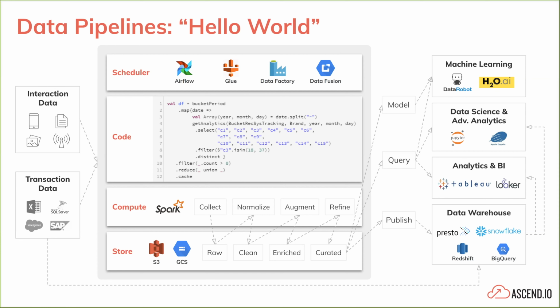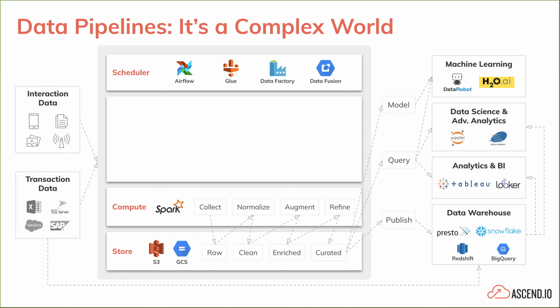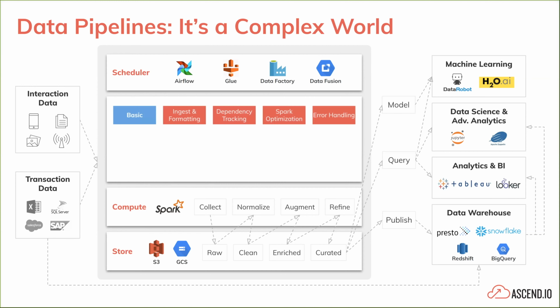And it's all looking pretty great until we start getting into the world of some more complexity. And where does this complexity start sneaking in? Well, at its most basic layer, you need to start dealing with the actual ingest and formatting of that data. These days data is spread in so many different locations. It might be APIs, it might be databases, it might be internally built systems. So you have to finish that first part of the ingest and the formatting.